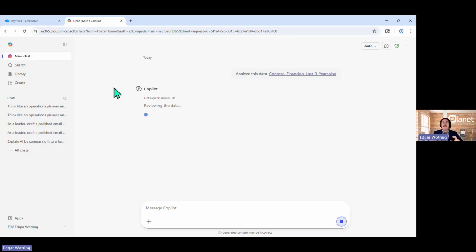Because we've left some of those gaps there, Copilot's just going to do its best to assume what we're wanting to achieve. I'm going to be interested to see what analysis it does provide us here. And if it's not obvious, what we're going to actually do is then start a new conversation. We're going to make the same request of Copilot, but we're going to provide some additional supplemental information that is probably going to yield a much more effective output.